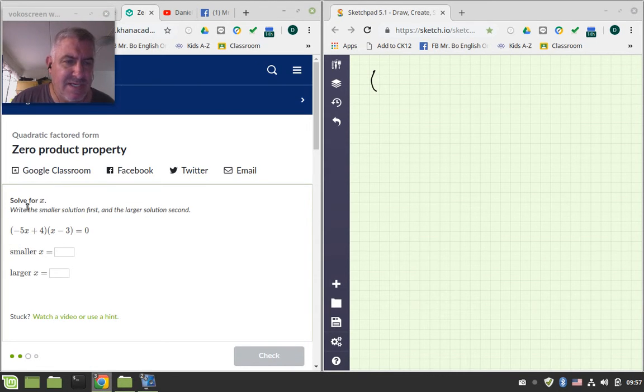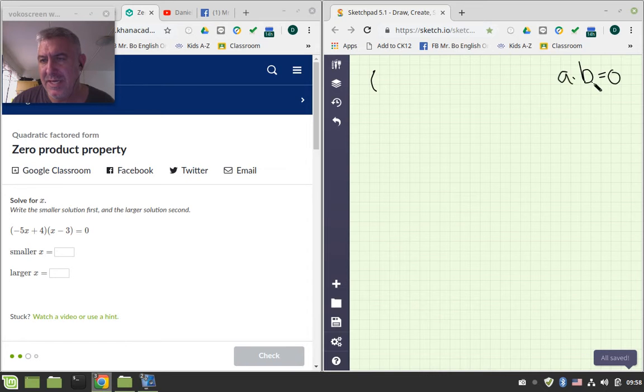So you can see: solve for x. Write the smaller solution first and the larger solution second. Okay, so we have two parts, and this falls down to the zero product property, which says a times b is equal to 0. If a times b equals 0, then that means a equals 0 or